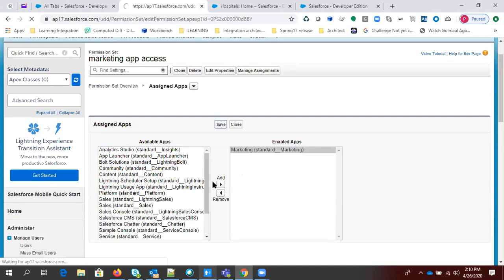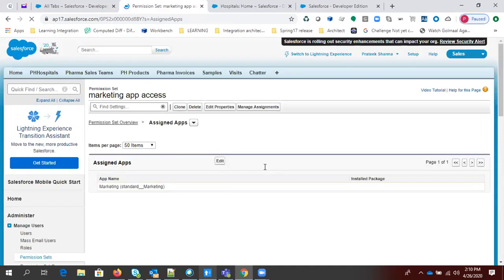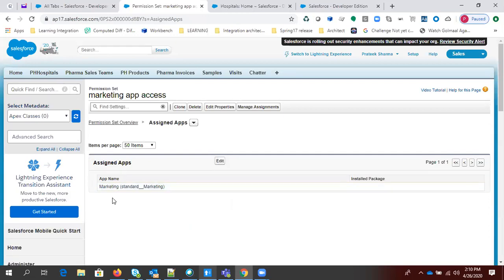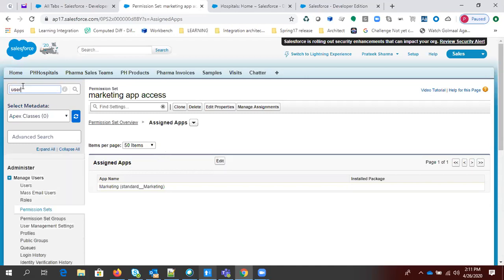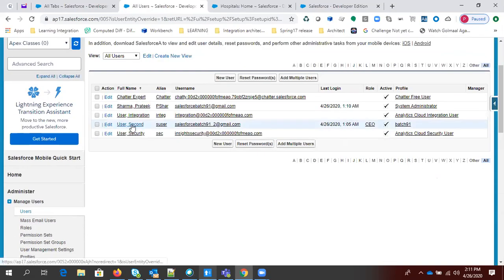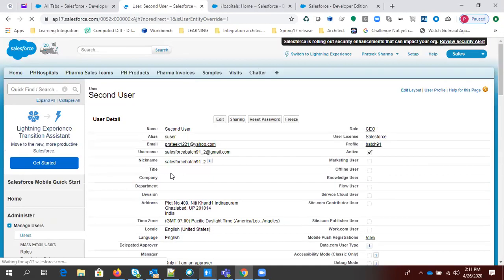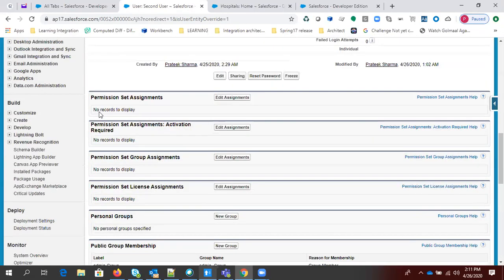So now this particular permission set has marketing app access, right? But we have not assigned this permission set to any user yet. So we need to go to the users to assign this permission set. Open the users, right? And we need to assign this permission set to the second user. You can simply open this user, go down, and here you will find a related list called permission set assignment, right?